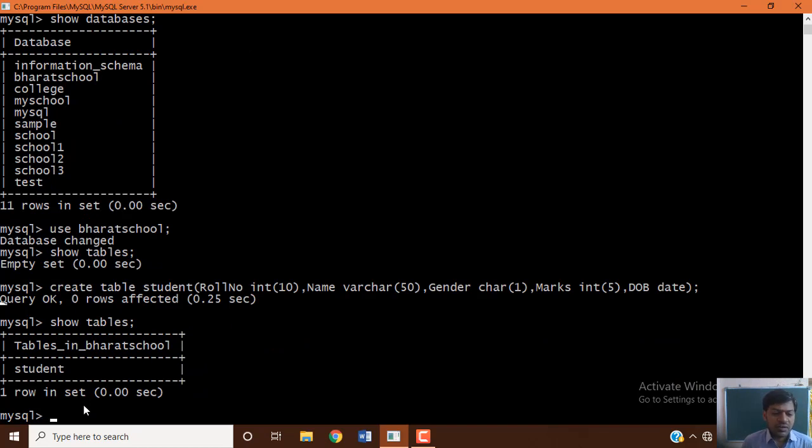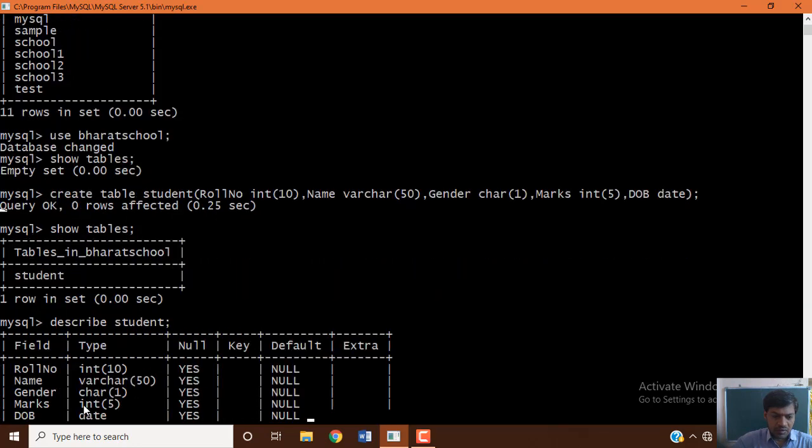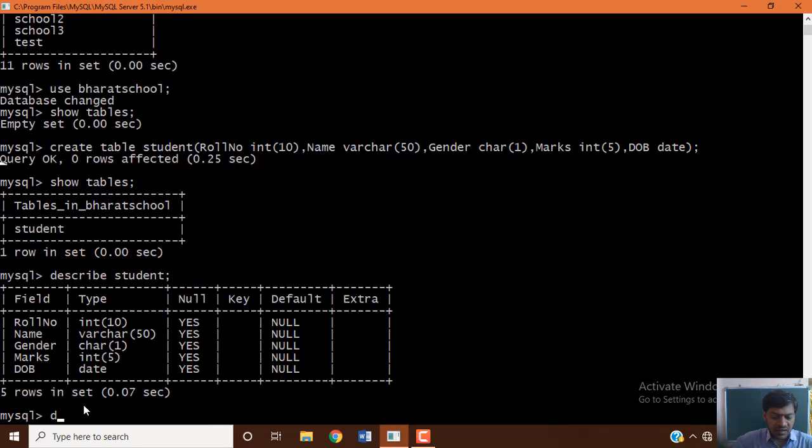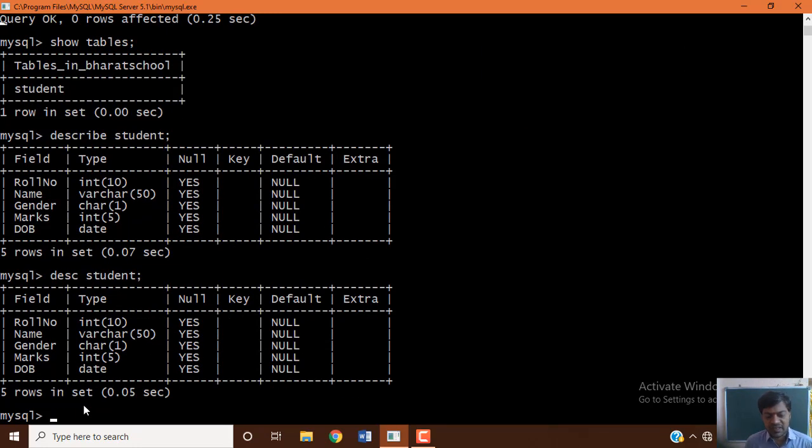Now if you want to view the structure of the table you created, we know the command describe followed by the table name, or else DESC followed by the table name. Both will give you the same result, the structure of your table.